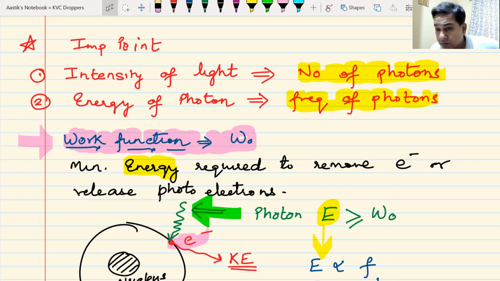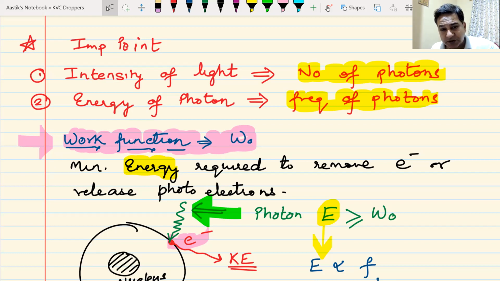Okay, sir. Effect of frequency graph, sir. If I increase frequency, the stopping potential will increase, but the saturation current remains the same. Intensity is the same. If the intensity is the same, saturation current will remain the same. If frequency is the same, stopping voltage will remain the same. If you change intensity, saturation current will change. If you change frequency, stopping potential will change. Am I clear?